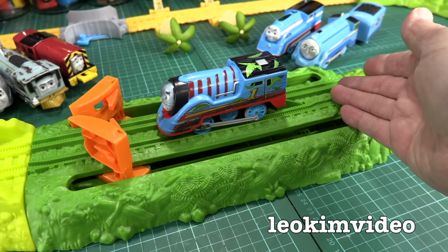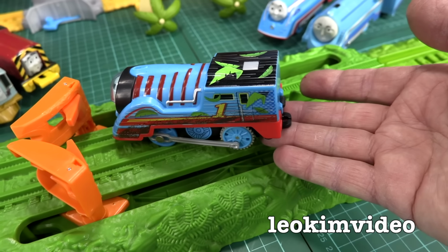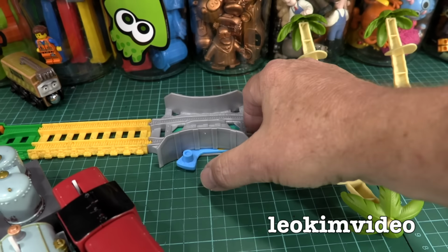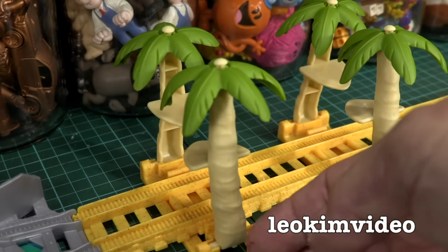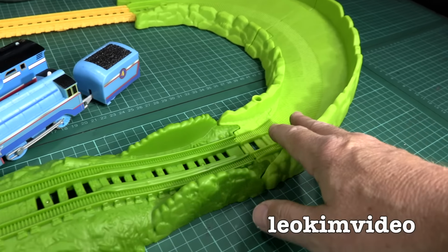I like the Thomas in this set. It's a bit of a gimmicky Thomas, strange. It's got a different coupling on the back, a clip connector type coupling. It only works as a gimmick because of this part here that you can set to fast or slow. Thunderbird trees, I'll always applaud those being on play sets. This sort of no track slippy slidey bit, Thomas in the Jungle bit, I quite like, but I think the